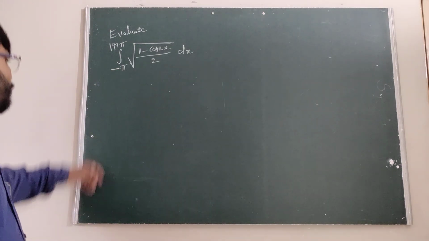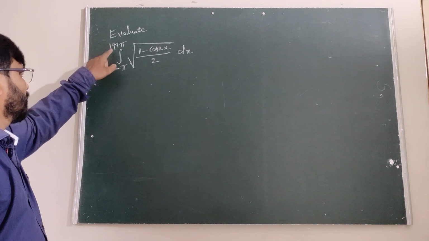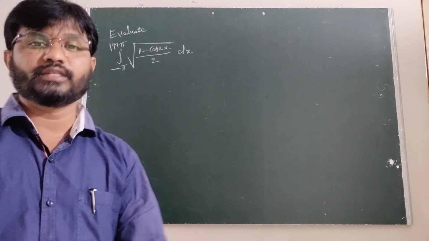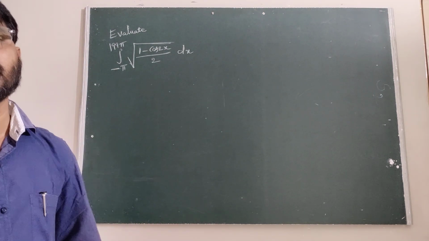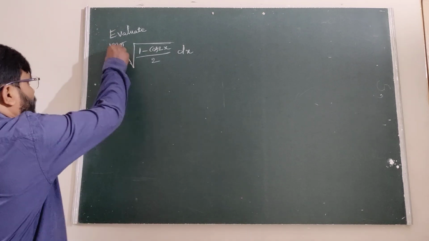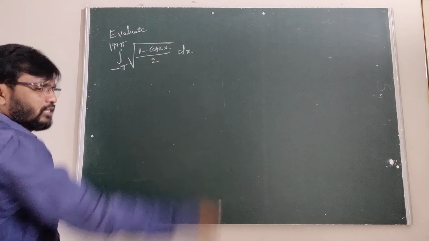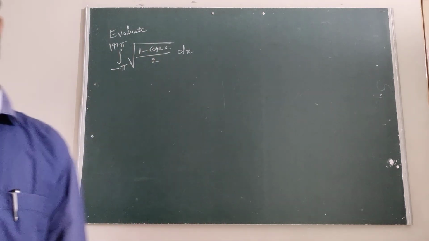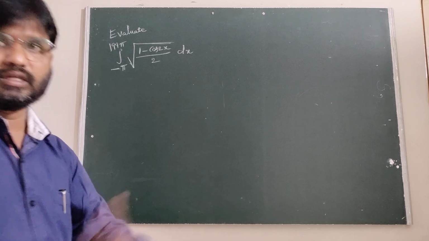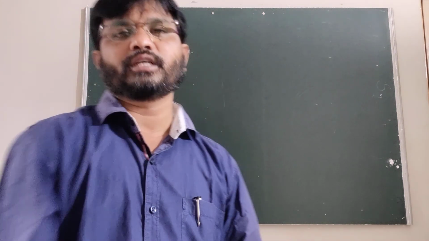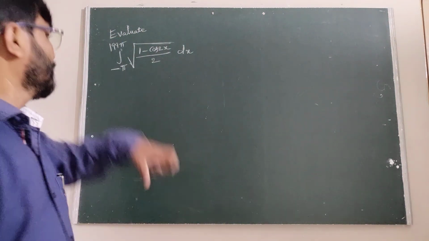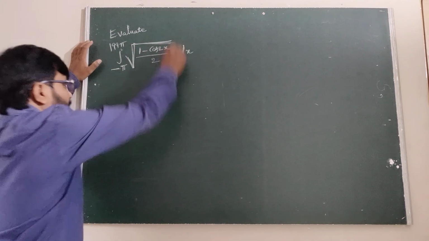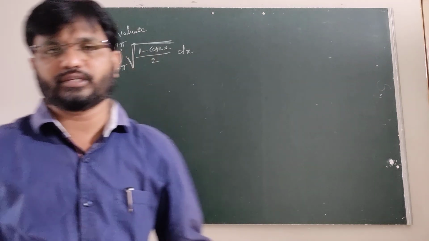Here evaluate the integral from minus pi to 199 pi. So here one logic is there. When the limits are very huge numbers, here 199 pi, and in the last question 100 pi, undoubtedly it is a periodic function or step function. When you deal with the greatest integer function, that will be learned in the next class. So here the limits are very big values. Undoubtedly we can think for 1 minute whether it is a periodic function or not. That is the first observation.